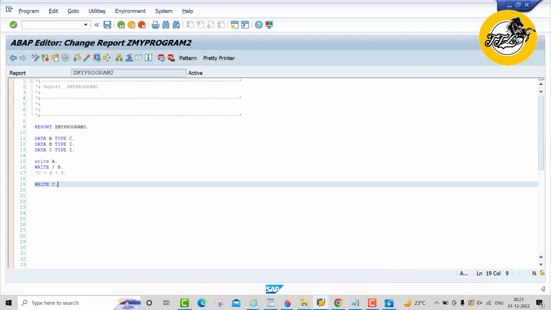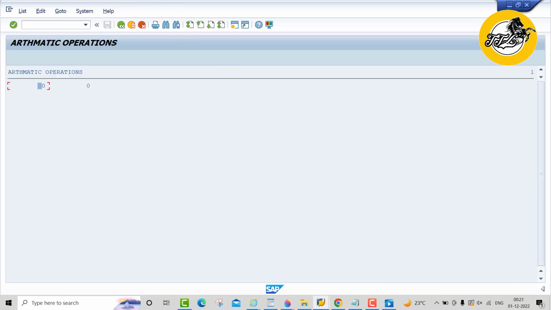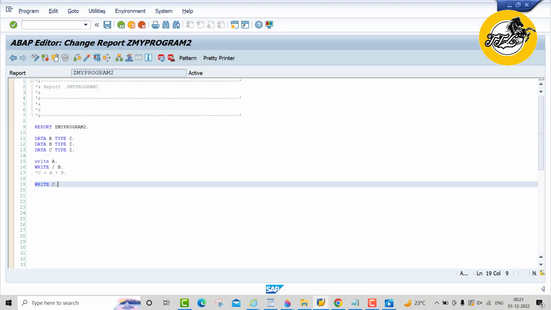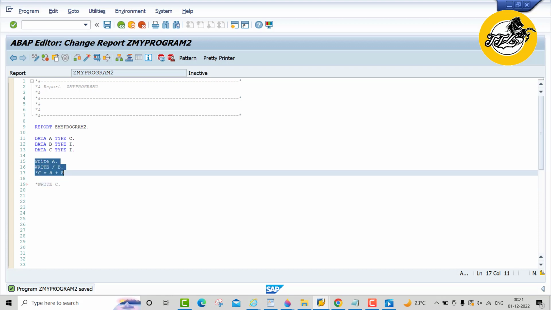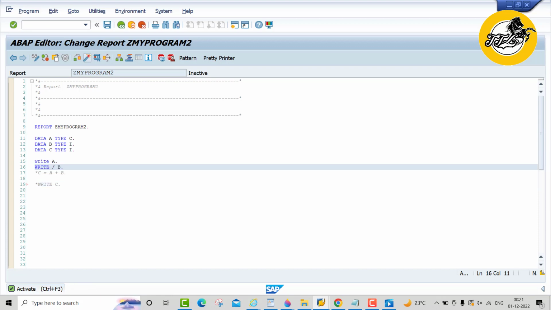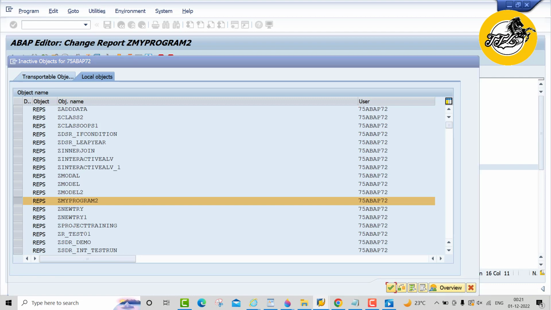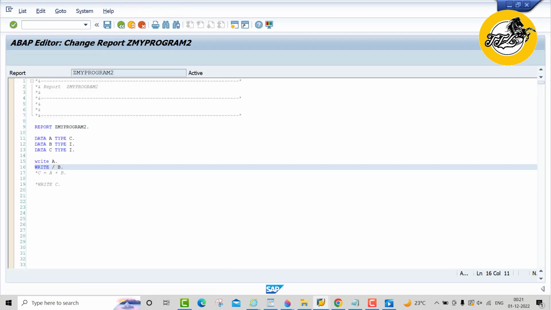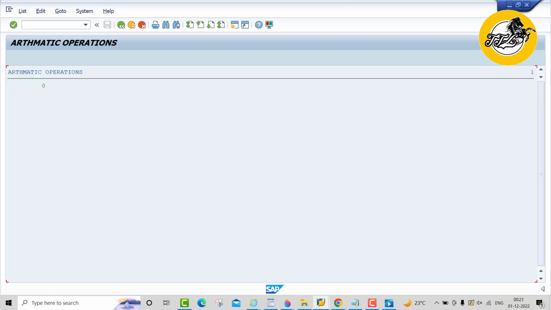Let me execute once again. We got 0 and 0. We should not get two zeros. Let me check, there is one mistake in my code. Oh yeah, I'm writing one more write statement, C. I'm uncommenting. I had written only two write statements, A and B. I'm trying to activate it, and then execute it. If you see, I got 0,